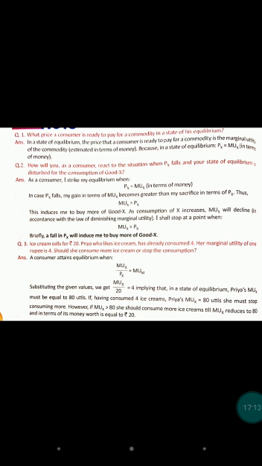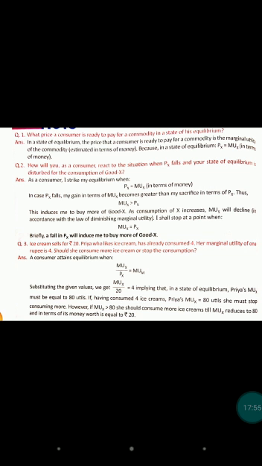Number 1, what price is a consumer ready to pay in a state of his equilibrium? जब कंज्यूमर इक्विलिब्रियम पॉइंट में होता है तो वो क्या प्राइस देना चाहता है? Simply, he wants to pay where MUX, where his satisfaction, is equal to price. In a state of equilibrium, the price that a consumer is ready to pay for a commodity is the marginal utility of the commodity. Means in the state of equilibrium, price PX is equal to MUX. Simple.